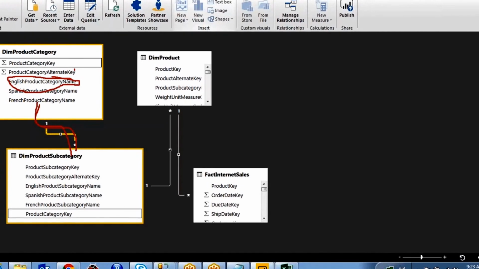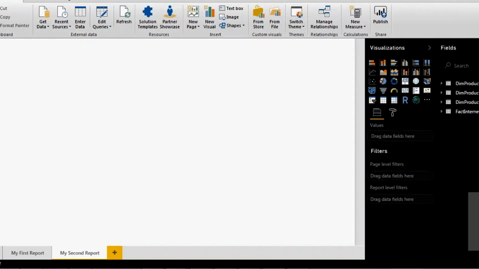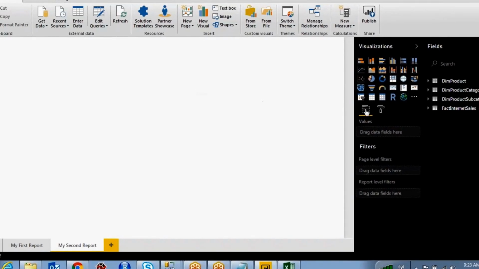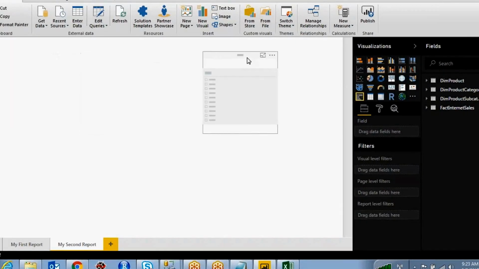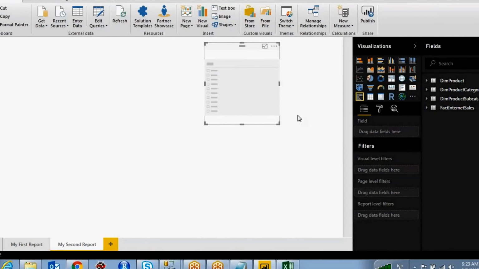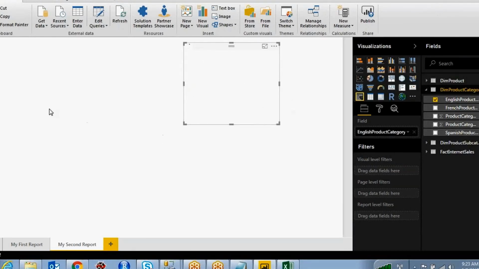If you want to test it, okay. So now the link is inactive. For example, I want to use this slicer. A slicer is nothing but, if you want to filter your data, a parameter kind of selection. Go to the product category, the column I want to take is English product category. It will display the list of product category names.